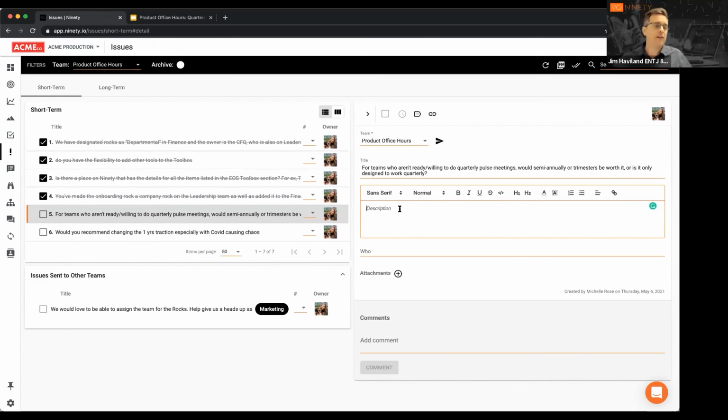Because when you create a rock, it automatically goes out 90 days, but that's not necessarily when your quarterly happens. So just being aware and being intentional about when you're going to get rocks done and when you're going to look at this again and where everyone has to get everything done by, that's great. Certainly, we lived through this last year with lockdown, where most people running EOS changed their schedule to something different. Mostly it was, we're going to meet more often. So it does work to change your schedule. It does change, having a different pulse.